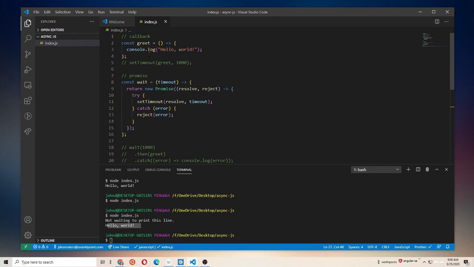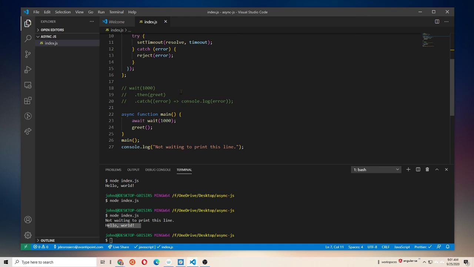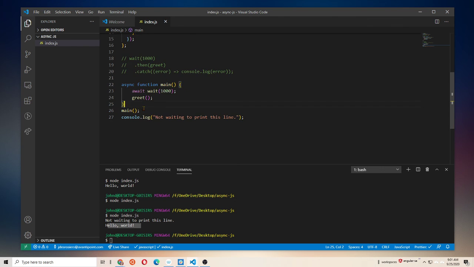We saw the classic callback pattern, which has been around since JavaScript has been around. And then a little more recently, promises were added to the specification for ECMAScript and have been implemented in most major browsers as well as Node. And even more recently, the async await syntax, which just sits on top of promises. Basically, it's just another way of dealing with promises. So instead of chaining calls to .then and .catch,